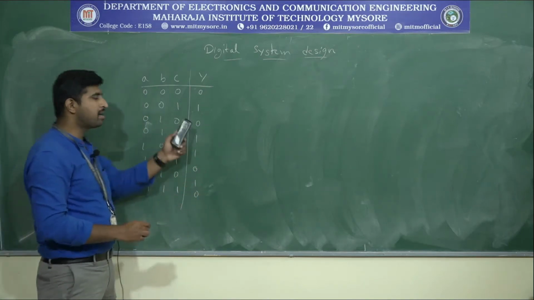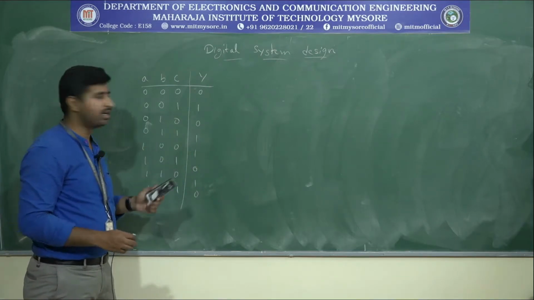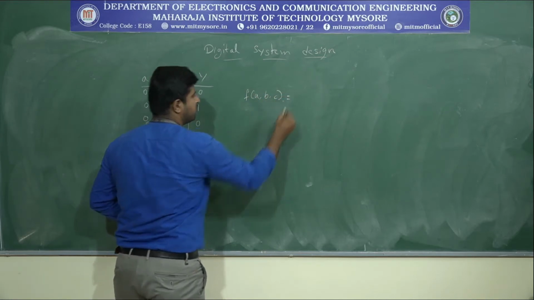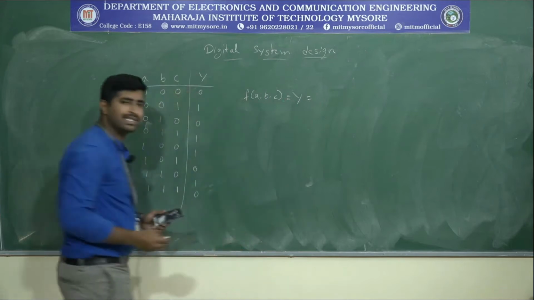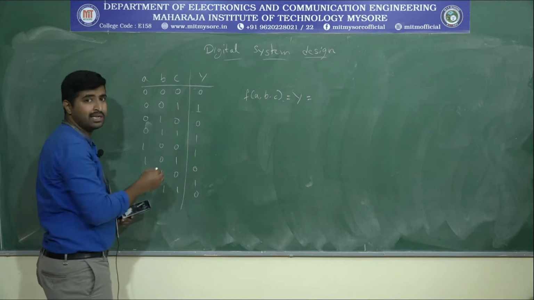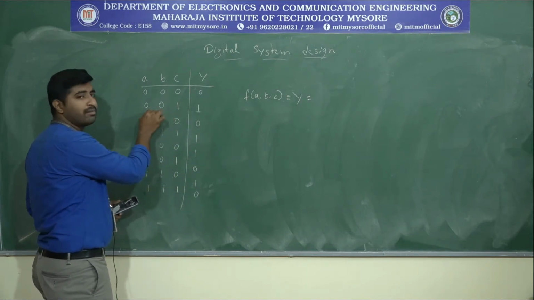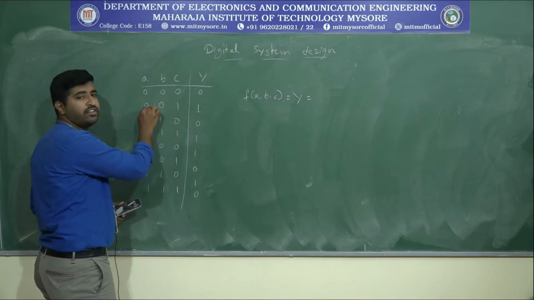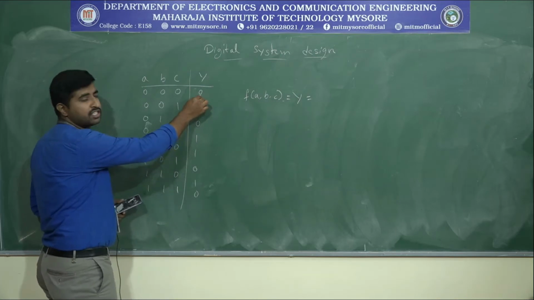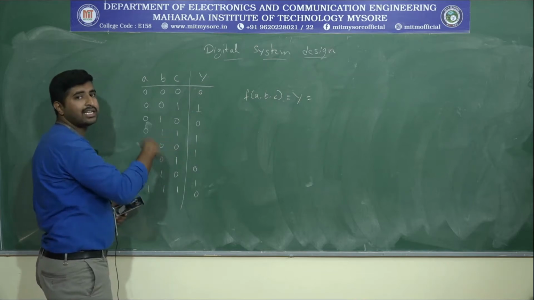So let's see what is the max term equation and what is the min term equation for this corresponding truth table. That is F of A, B, C, and that is Y equals to. Let's write the min term expression first. Min term expression means we need to look at the logical one, and we need to write the corresponding inputs in min term form. When writing a 0, we need to take a complement. But when writing the max term equations, we need to take the zeros as they are, and wherever there is a 1, we need to take a complement.